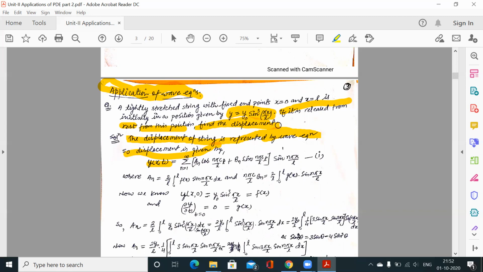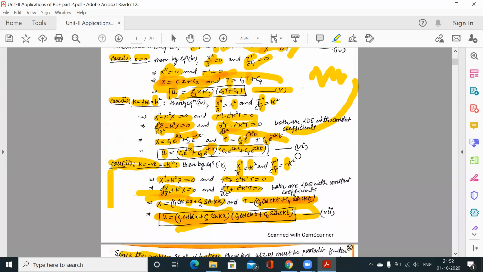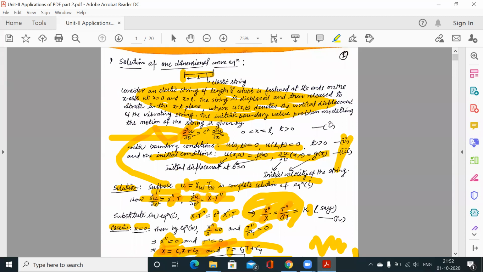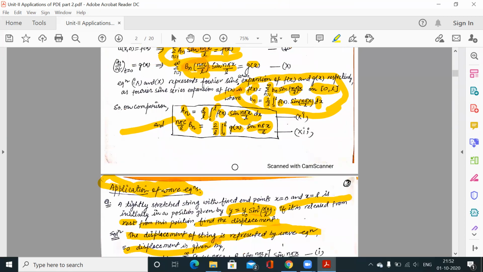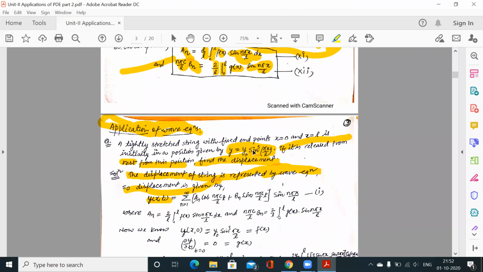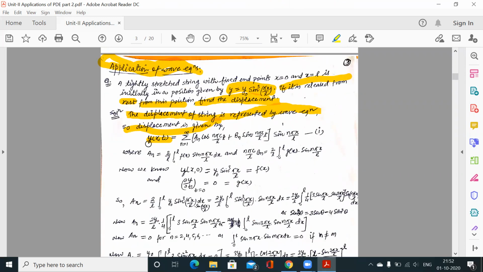Clear? f(x) was what? f(x) was u(x,0). So f(x) is equal to u(x). So u was the dependent variable, but here this is f(x) and this is equal to y. That means this is our u. So the dependent variable is y here. Clear? So the solution is y(x,t) is equal to, we know what the solution is, summation from n